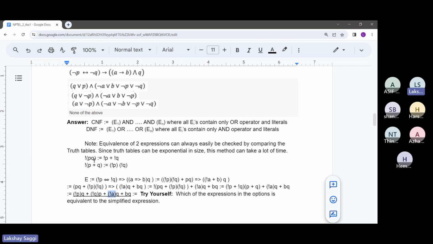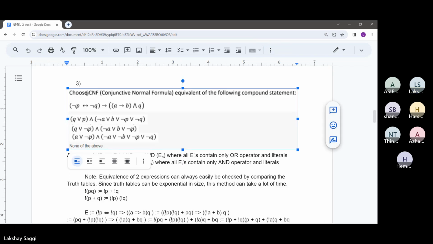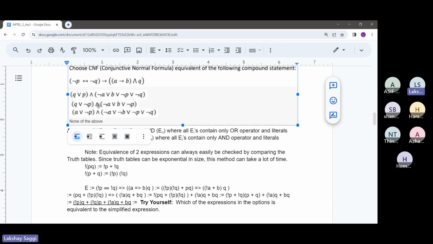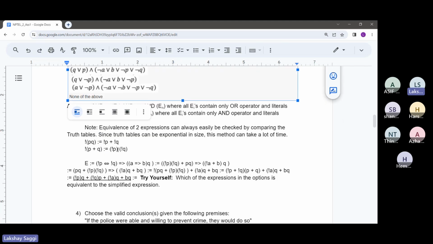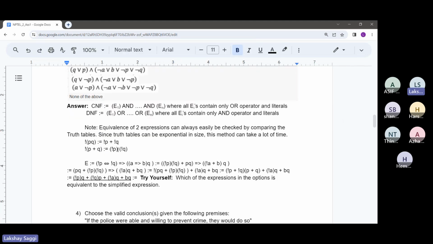Now let's just check this "not A times Q". So if Q is true and A is false, then E is true. So Q is true and A is false. If we put it here, if A is false, then this side becomes true and Q is true, so this side becomes true. So something along these lines also you can try to do.